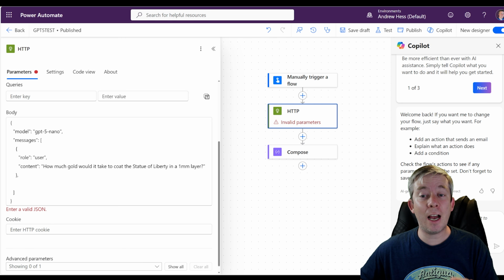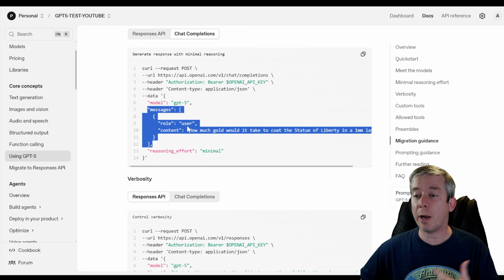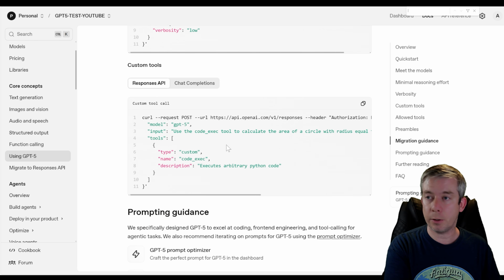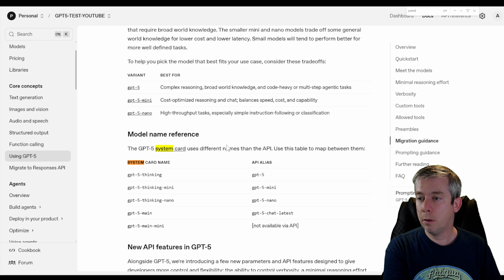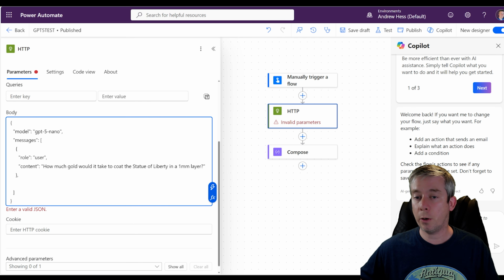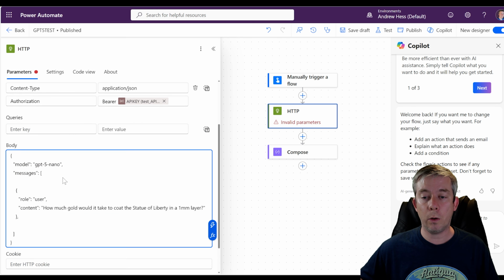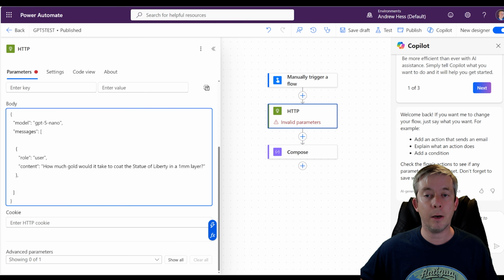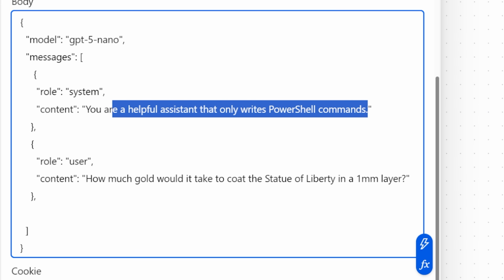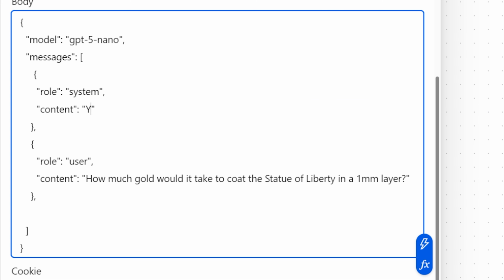All right, so we have our user role, right? That was straight from the documentation. I don't see anything about system. Let's search system. But you can have a system role. So instead of just the user role, let's pay attention right here. We're going to have a system role, and it's going to be "You are,"